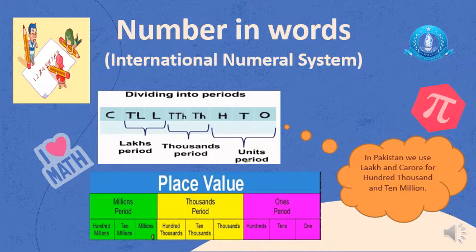Now the thing is number in words. We will see what number in words is. Number words are the alphabetical form of numbers. As the name suggests, these are numbers written in words. If any number is given, according to the periods, you will write the number in words. We form different periods to read large numbers easily. So here we use periods like ones, thousands and millions.